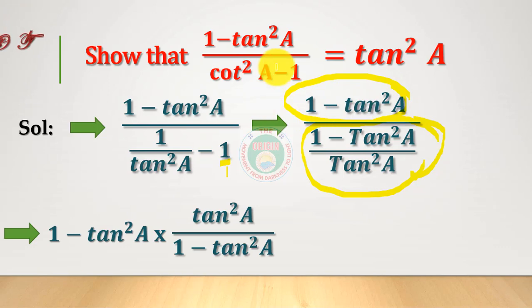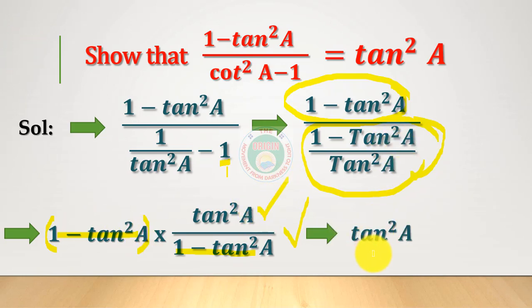Okay, next one. Convert that: the denominator is a fraction, so if you are converting it, it can be converted into its reciprocal. What is the reciprocal of (1 minus tan square A) by tan square A? Simply you can exchange the numerator and denominator, that is tan square A by (1 minus tan square A). The numerator is 1 minus tan square A and the denominator is 1 minus tan square A, both get cancelled. Then what remains is tan square A. The answer is tan square A. This is the required answer. This is the third problem.